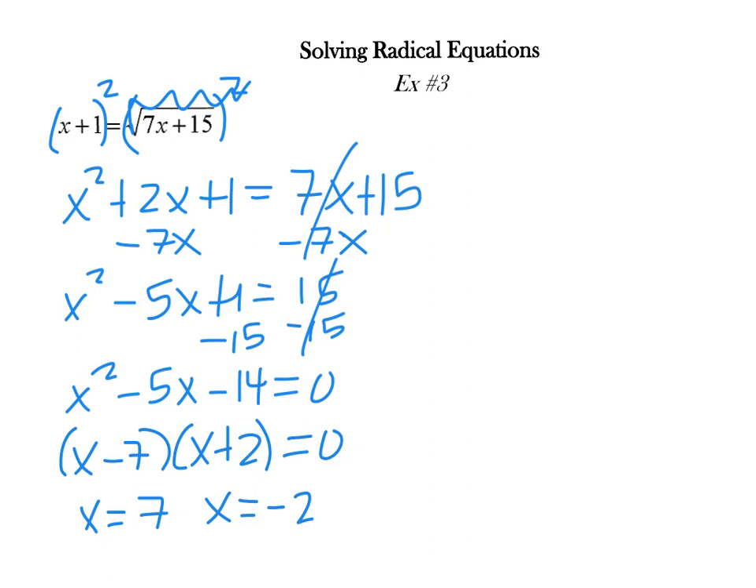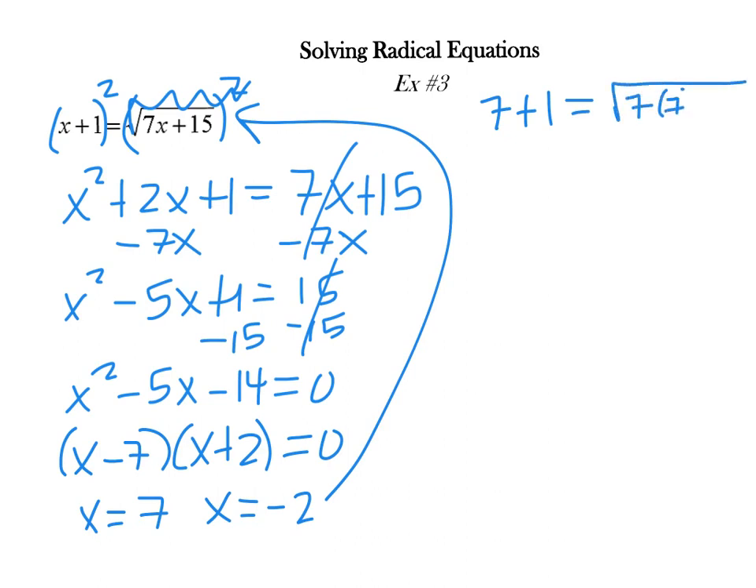Again, before we solidify any of these as our answers, we want to plug these back into the original problem to see if it is correct. If it works, then we have a solution. If it doesn't, then we have an extraneous solution. Let's check the 7 first. I'm going to plug into the original problem. I have 7 plus 1 equals the square root of